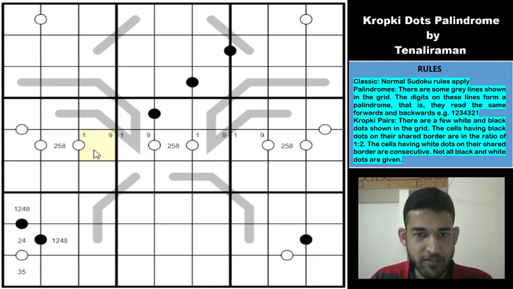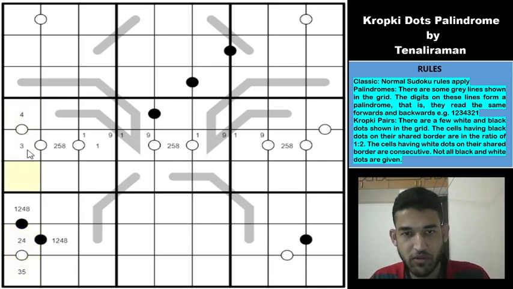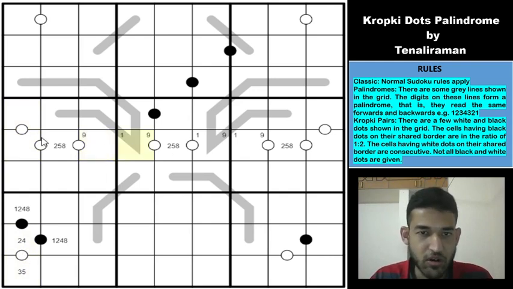So what happens if one comes here is that this becomes 3 and 4, right? This will be 2 and this will be 3 and 4. And then that gives you 2 and 5 here. But 2 and 5 is not consecutive. So 1 can be eliminated from here. It's a little bit of a sharp deduction. So 1 has 3 options now. Row 5 column 4, row 5 column 6 and row 5 column 7.